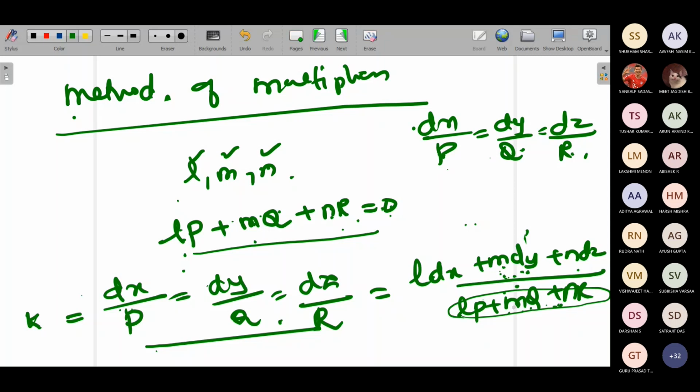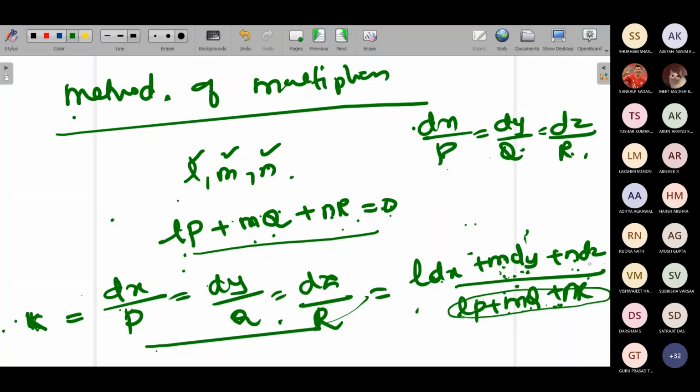So you have some constant. It is like you're equating to some constants. So when you multiply with that constant, this will become 0. So this ratio LDX plus MDY plus NDZ will be equal to 0. Logically, you understand it. That's why I wrote this. I have to choose the multiplier such that the denominator becomes 0. So I'm equating this to some constant k. So the denominator is 0. So this implies LDX plus MDY plus NDZ is equal to 0. So integrating that, I get one solution.